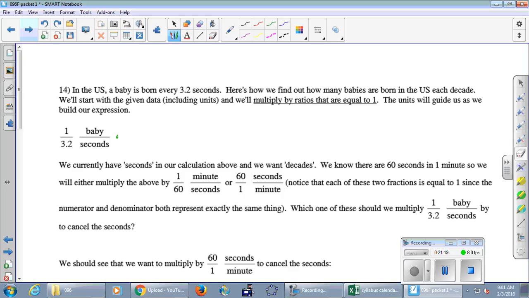So here we go. I don't like the fact that this is seconds. I am trying to make my way to decades. Well, there are a lot of units of time between seconds and decades. What's the next one up from seconds to minutes? So here's what we're going to do. We're going to recognize that 60 seconds equals